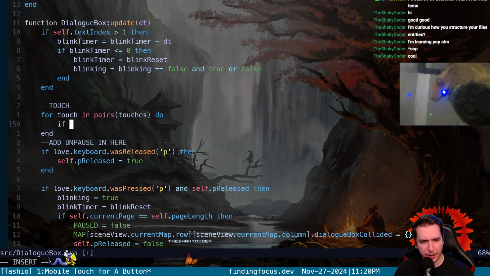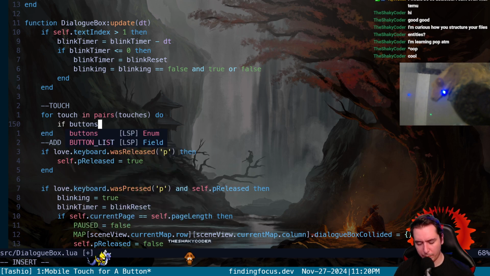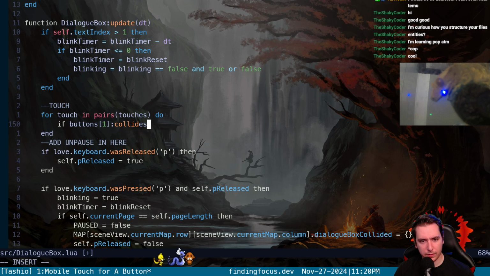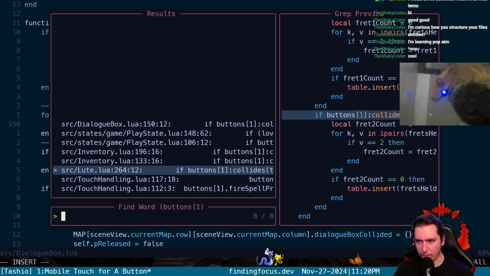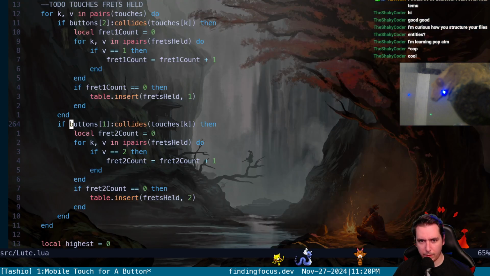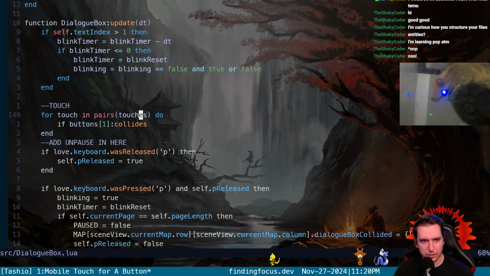Okay, so we're going to check if our global buttons at index 1, which is our A button, collides with the touch. I believe we're doing that right. Let's see, buttons. Yeah, touches at index K. Okay, so let's do